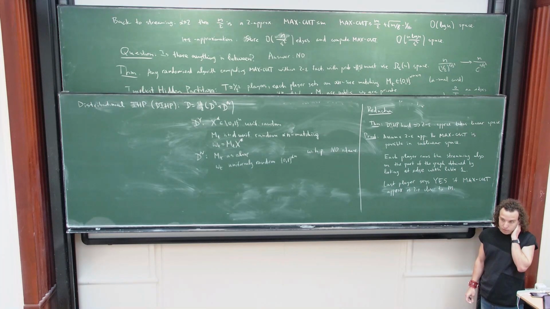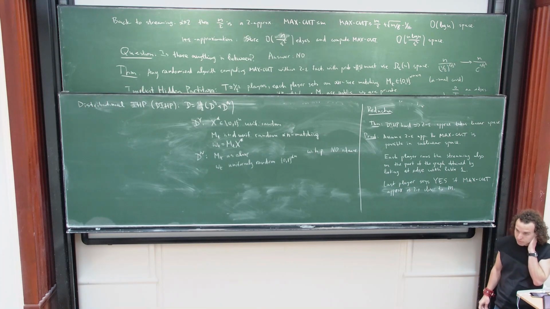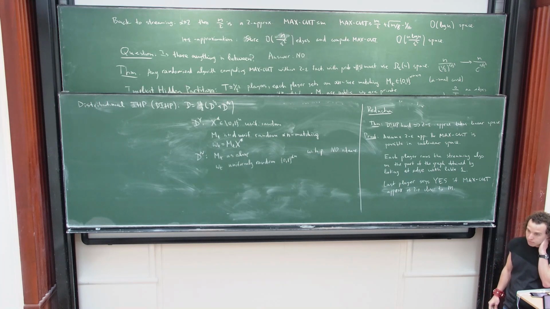Sorry for being confused about this, but what is the actual communication protocol? So players in turn, what information do they wish to hear from the previous player? They just send the state of the algorithm. The algorithm is doing something, then it stores some amount of information. The algorithm is a public thing. So they send the entire state of the algorithm, the whole storage. And then the next player just runs the algorithm, whatever the algorithm is.